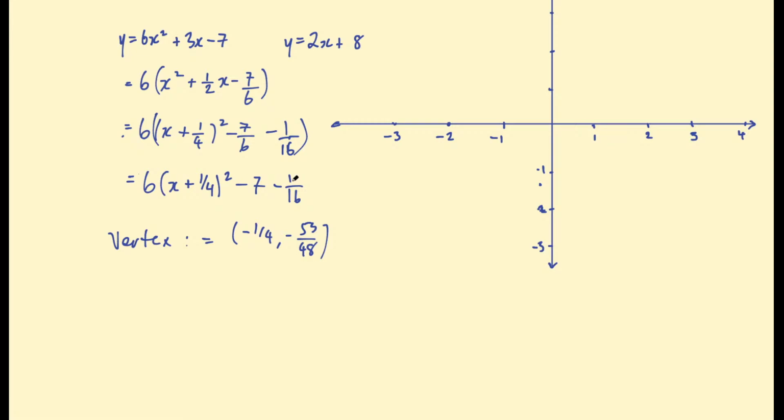This one. So let's say that 6 lots of x plus a quarter all squared take 7. Let's simplify this on the end. So this would be